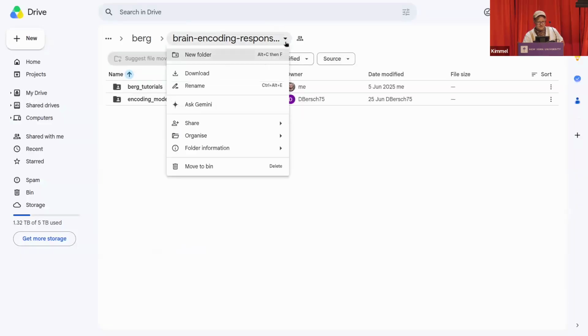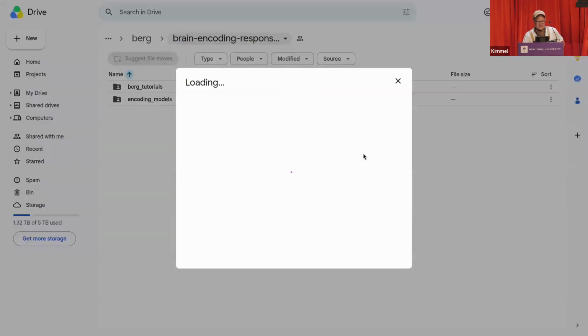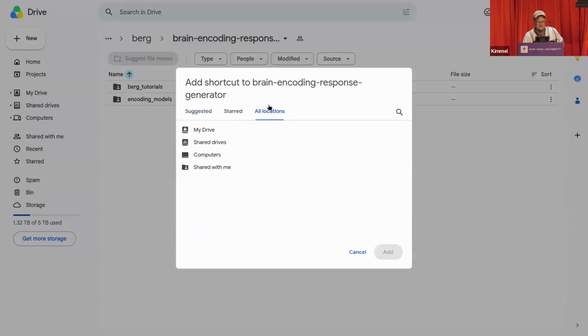You click on this little arrow here, then click on Organize, then click on Add Shortcuts. Next, you can click on All locations and then on My Drive. By doing that, you will create a shortcut from your Google Drive to our folder, and thereby you have everything accessible while still loaded in our space. So once you have done that,